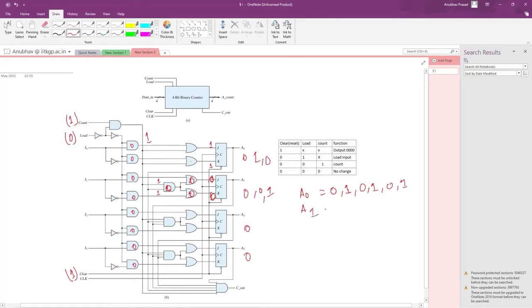A1 will trigger once A0 is triggered, like every 2 times triggering of A0. So whenever this goes from 1 to 0. And similarly A2 will also trigger when this goes from 1 to 0.